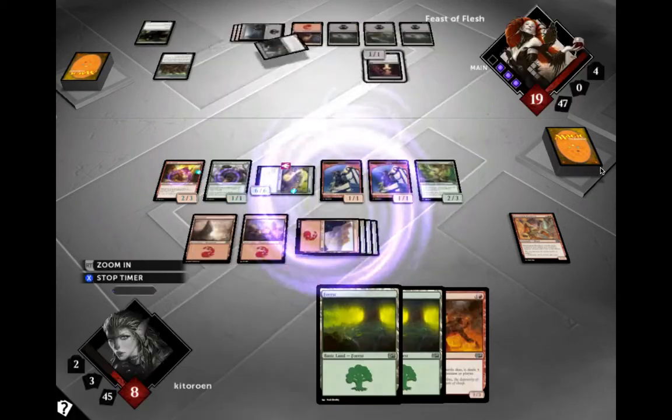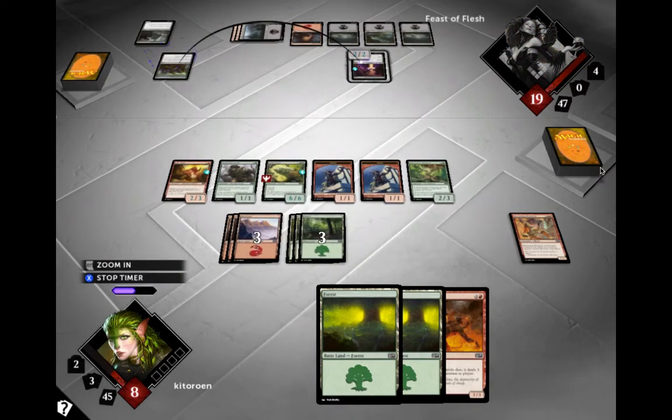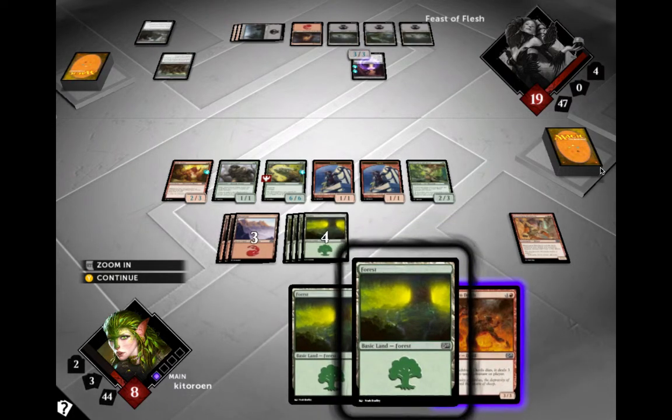Alright, this guy's a 1/1. If he sacs another creature, it gets a +1/+1 counter. I don't know why he would have done that just now. That doesn't make a whole lot of sense. Now I'm going to swing across...